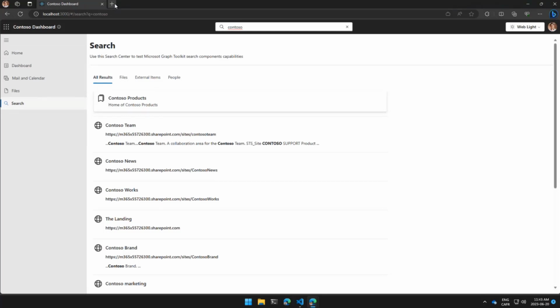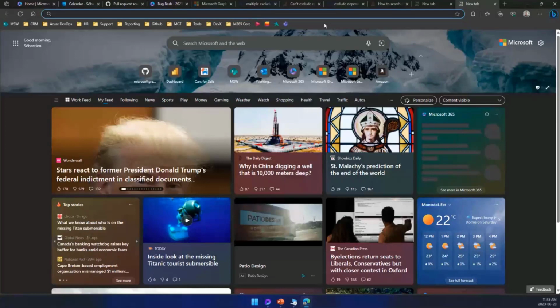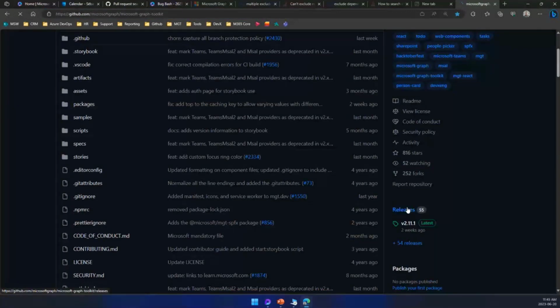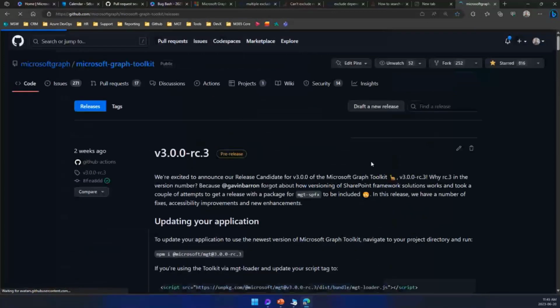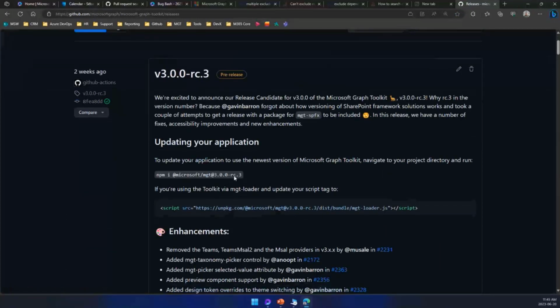How do you get V3? How do you get started with all of this? It's fairly simple. Let me go to aka.ms/mgt, where you're going to find all of our releases right here. And you're going to find the entire, there you go. That's the dot that I was missing. You're going to have all the how to install the release candidate, and